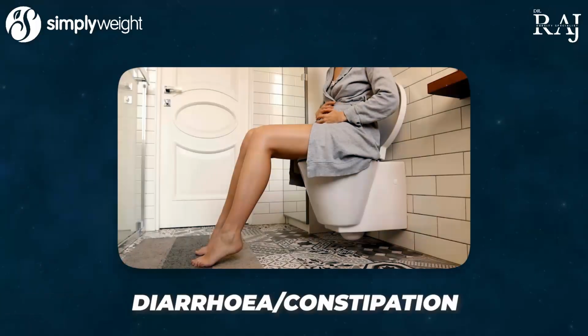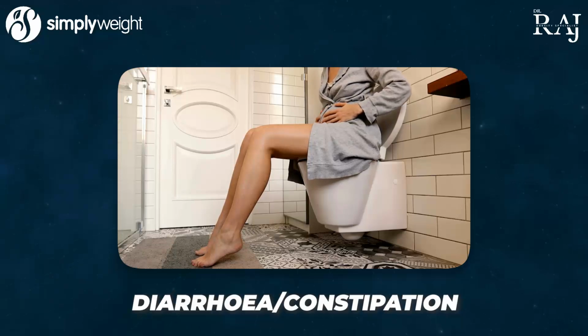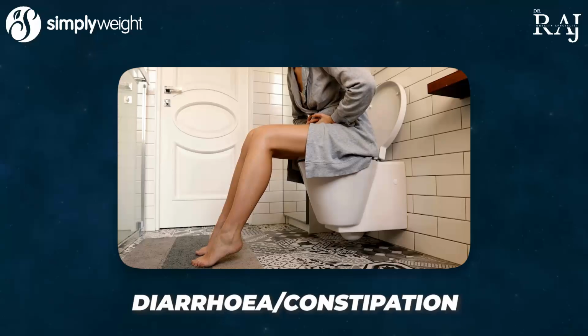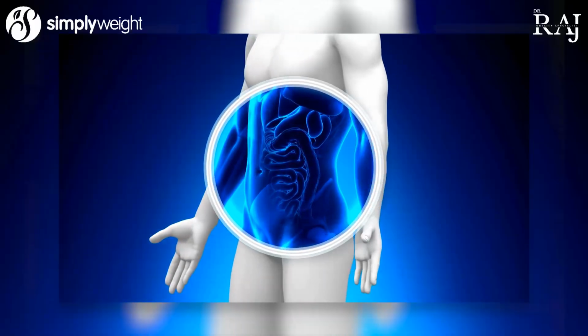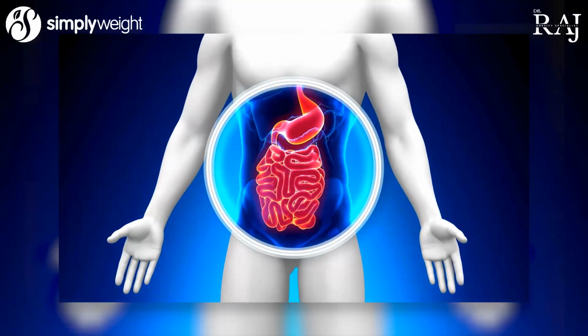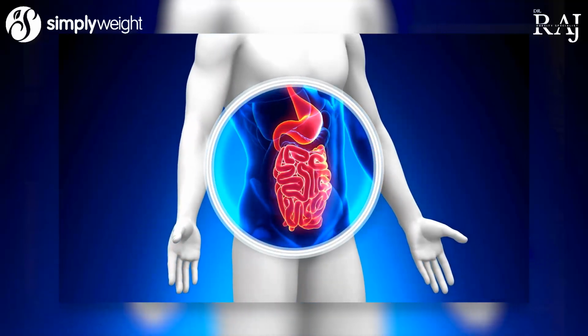The second reason is diarrhea and constipation. What I've seen in my practice is people complain of both diarrhea and constipation. Some have severe constipation and some have diarrhea. Both of these conditions can cause mild inflammation of the gut, and that can lead to abdominal pain. But sometimes constipation can be really bad, and that can also cause abdominal pain. So that's the second reason.